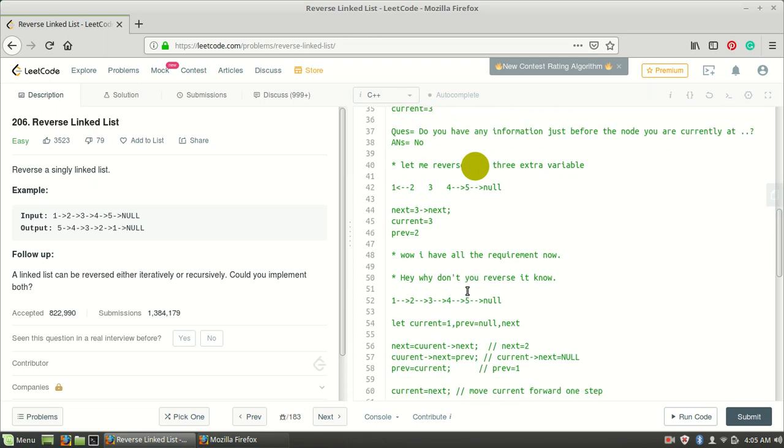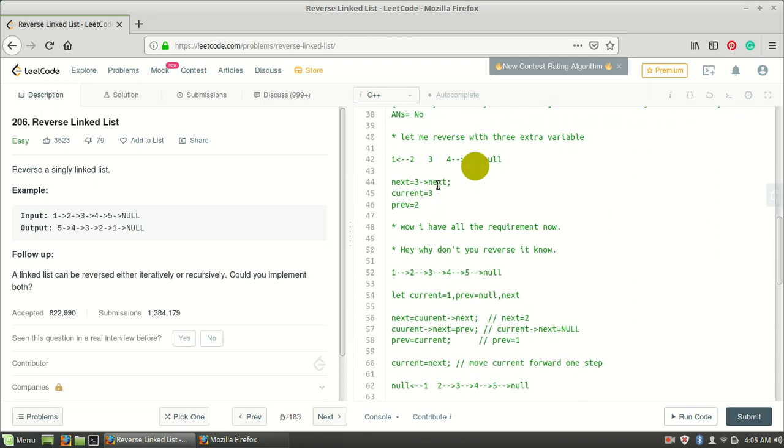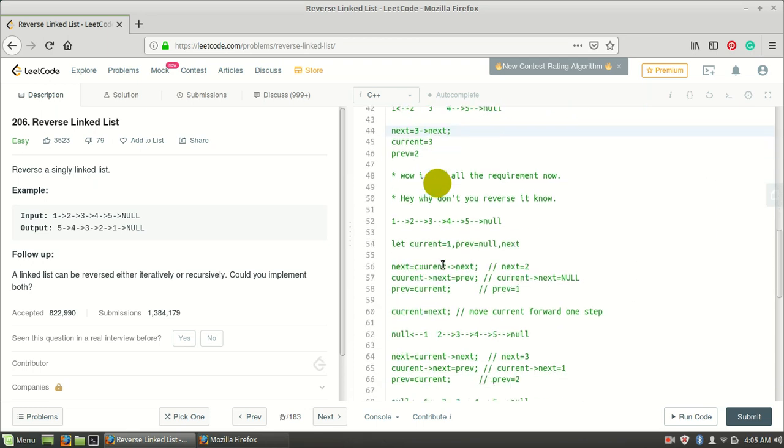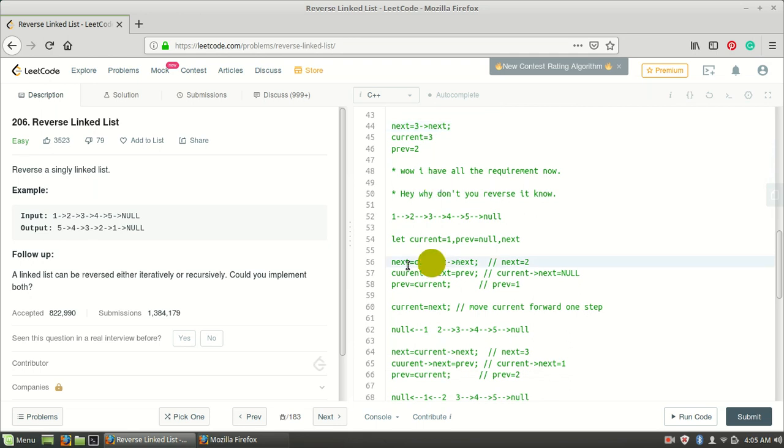So whenever I am writing something arrow next, it means the field of that, right? So next equals current next, so I am storing current next of current in the next variable, because I don't want to lose the information ahead of mine. Now in the current next, as I have already stored this information,